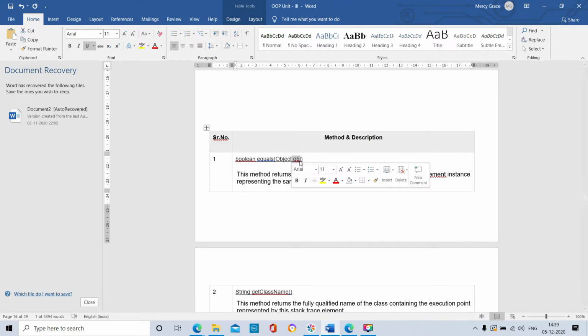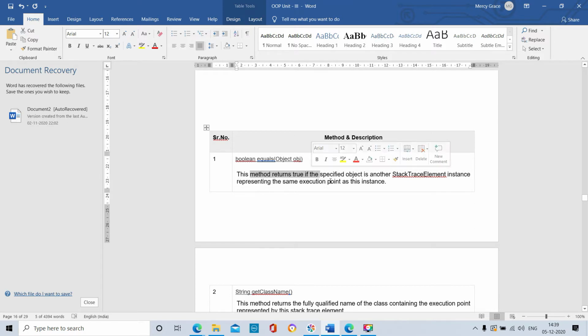Obj is an instance of the class Object. What is the purpose of this method? This method returns true if the specified object is another StackTraceElement instance.